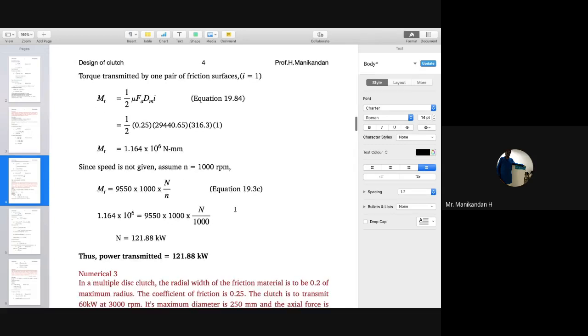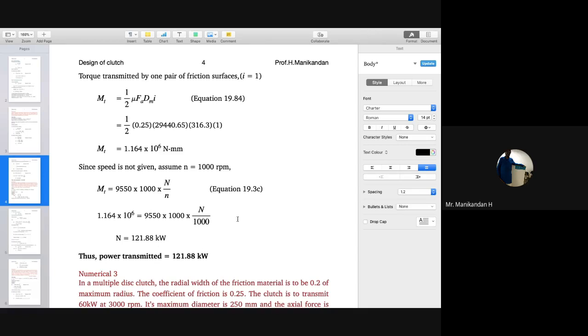Right? So we will use equation 19.3c, 9550 into 1000 into power divided by RPM. So here RPM is not given in the question, so assume it as 1000 RPM. Anywhere between 1000 to 3000 you can assume, no problem. So I have taken it as 1000 for ease of calculation. So like we found out, MT value is known in the previous step, 1.164 into 10 power 6, equated with 9550 into 1000 into N by n. I got the power transmitted is equal to